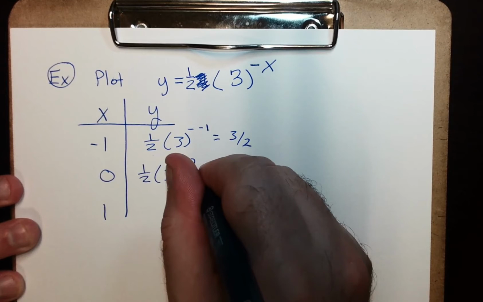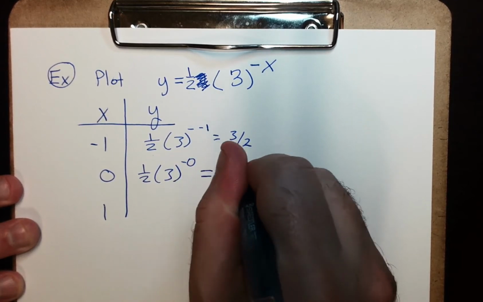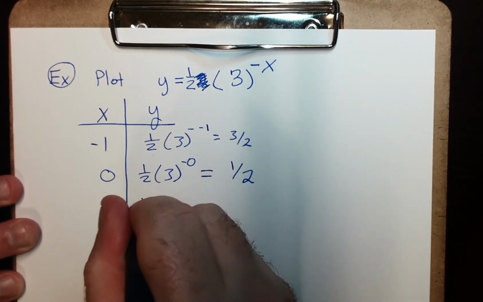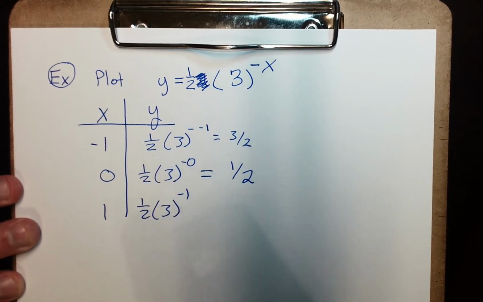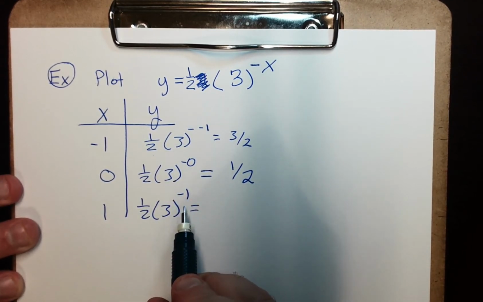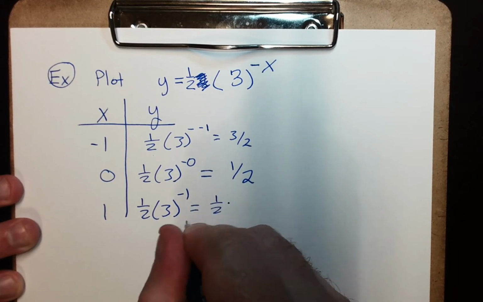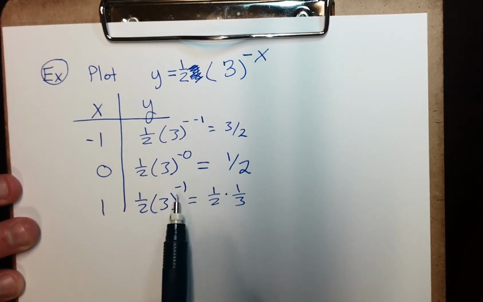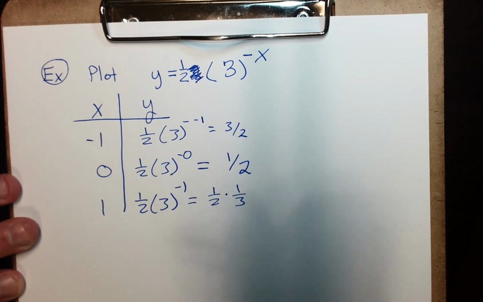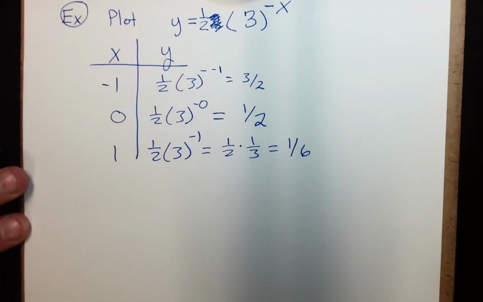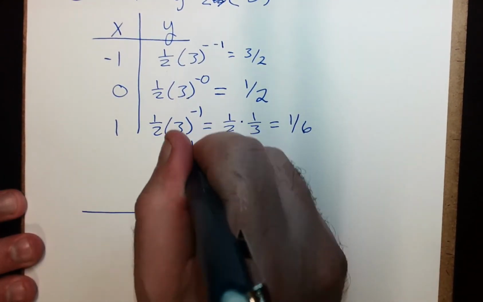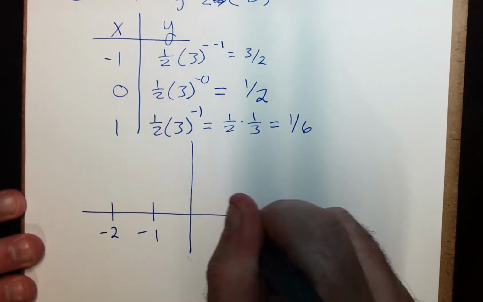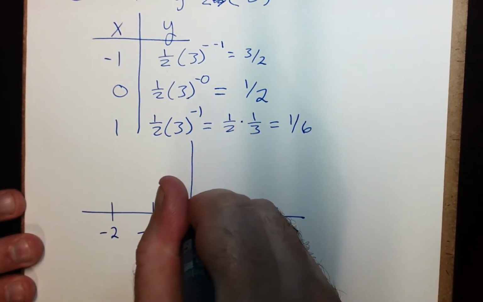3/2. Right. Put in a 0 here, you have 1/2 times 3 to the negative 0. So that's 1/2 times 1, which is a half. Put in a 1 here, you have 1/2 times 3 to the minus 1. Remember what a negative exponent does. It means it's upside down, so this is 1/2 times 1/3. 3 to the negative 1 is 1/3. 1/2 times 1/3 is 1/6. So if you want a very basic graph,